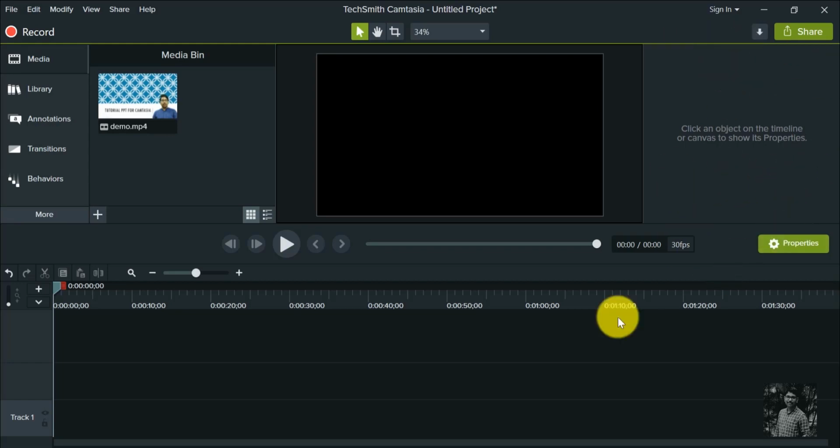Okay, and the last but not the least is the timeline window where you will be doing all the basic editing of the output that you need to produce. And the output you can see is this particular black screen. You can see where you will be seeing the final output, which is also called as composition window. Okay, after the output is done, you will be sharing by clicking on share on the top right corner. This is all about the interface.